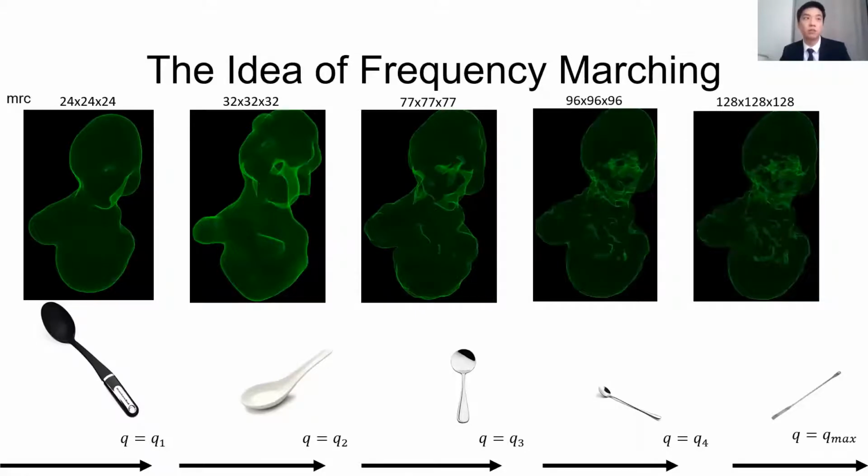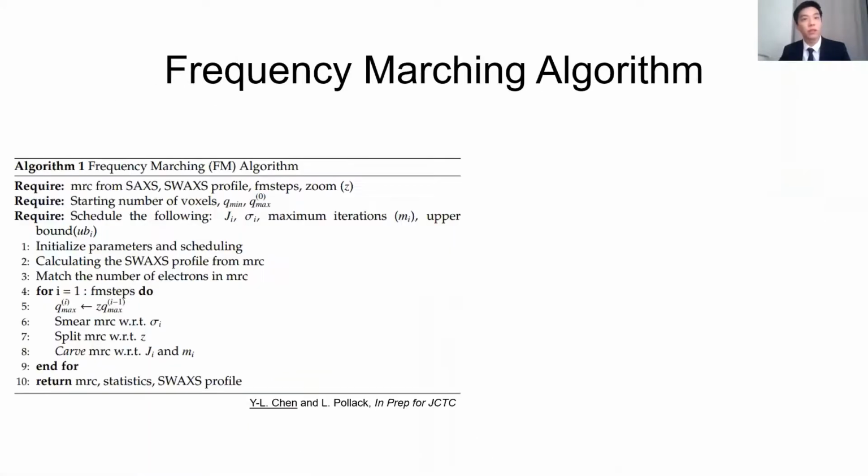And notice that those fine structures were originally invisible in small angle X-ray scattering, and only if you go to wide angle X-ray scattering do they start to show up. And the key point here is that the result from each frequency matching step conditions the solution better for the next frequency matching step. And here is the pseudocode for the frequency matching algorithm,